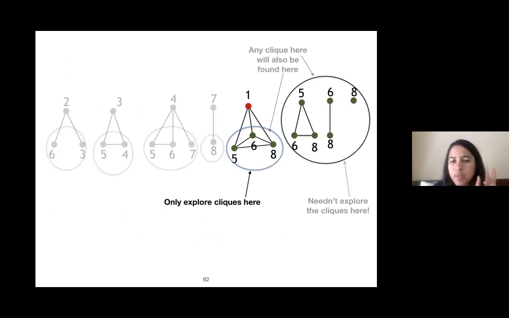And now we'll treat 1 as a special vertex, meaning that for any clique discovered in the out neighborhood of 1, we are going to count it twice. Once when we add 1 to it, and once when we do not add 1 to it. And in both cases, it's going to represent a unique clique. When we add 1 to it, it represents a clique that the enumeration algorithm would have discovered in the tree of 1. And if we don't add 1 to it, then that would represent a clique that the enumeration algorithm would have discovered in the trees of one of the neighbors of 1.